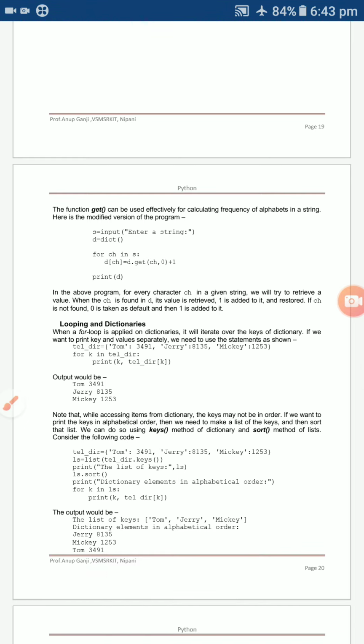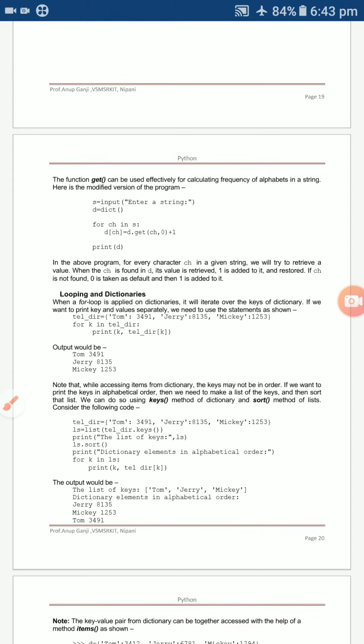If it is present in that dictionary, it returns the corresponding value plus one, meaning it is incremented when repeated. In hello world, the l is present three times, so it will be incremented. Otherwise it returns the default value 0, and then it is incremented by one.